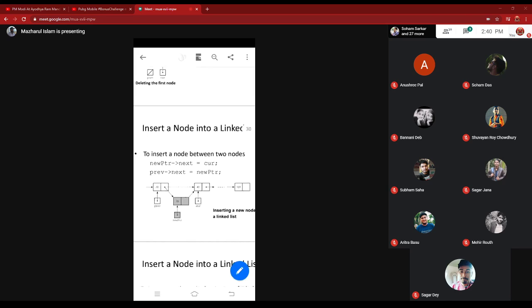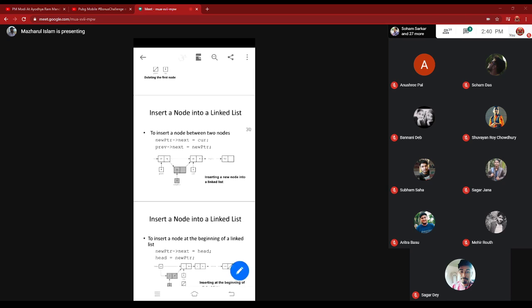Now insert. If you want to insert a node in an existing linked list, then what to do? To insert a new node, first you have to create that node. Your first thinking will be to create a node of the node type. So new PTR is that node which is created.